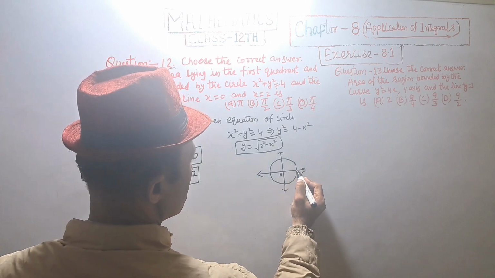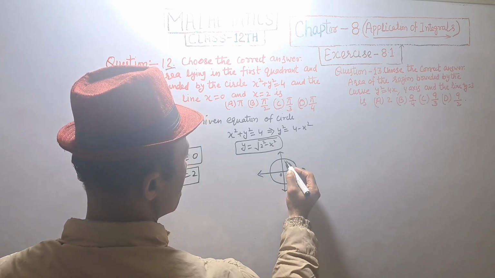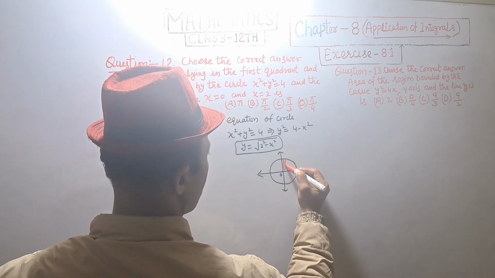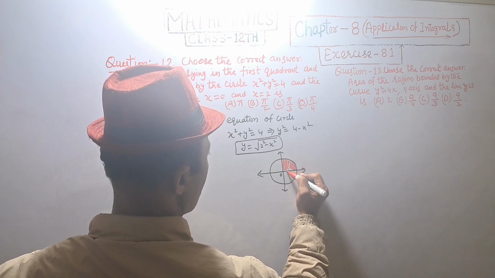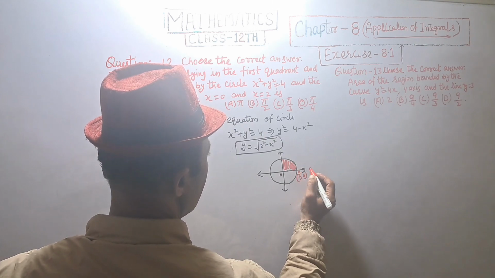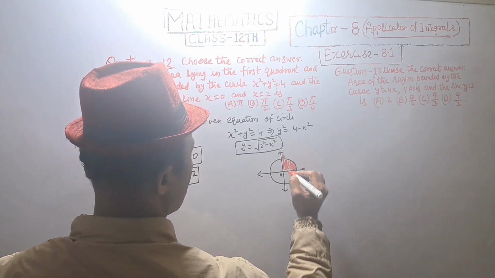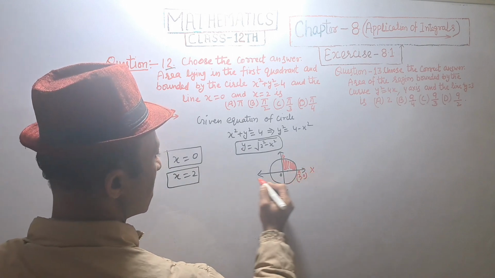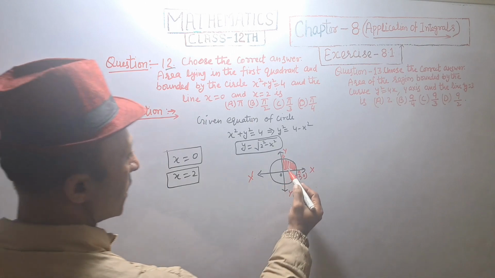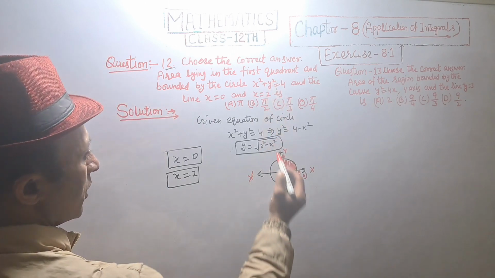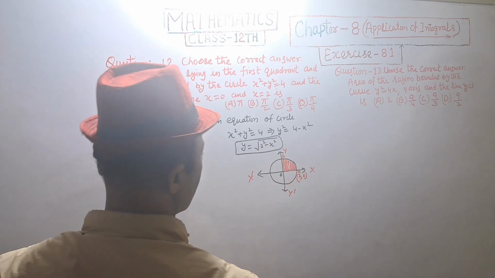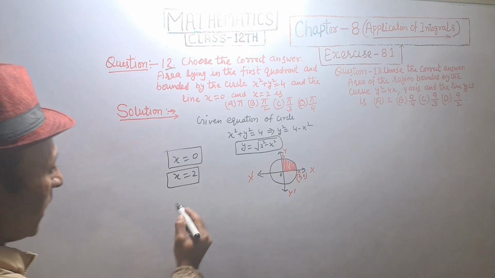Given 0 to 2 and in first quadrant, the points are 2, 0 A and B, x, x dash, y, y dash. First quadrant OAB. So required area